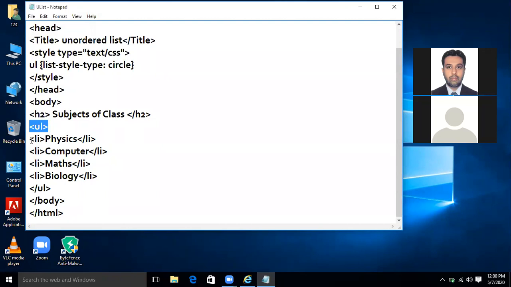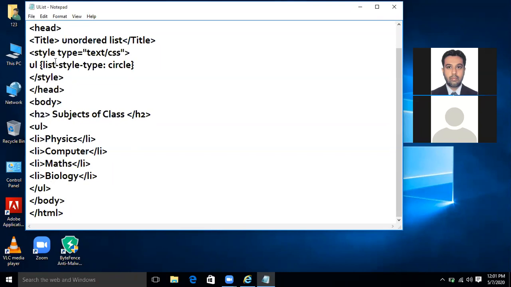This is basically the unordered list of subjects: physics, computer, maths, biology, and we have closed this unordered list over here. LI is the tag which will be used for each item. Last time we discussed it. UL starting and ending tags will come in order to mention that this is an unordered list.